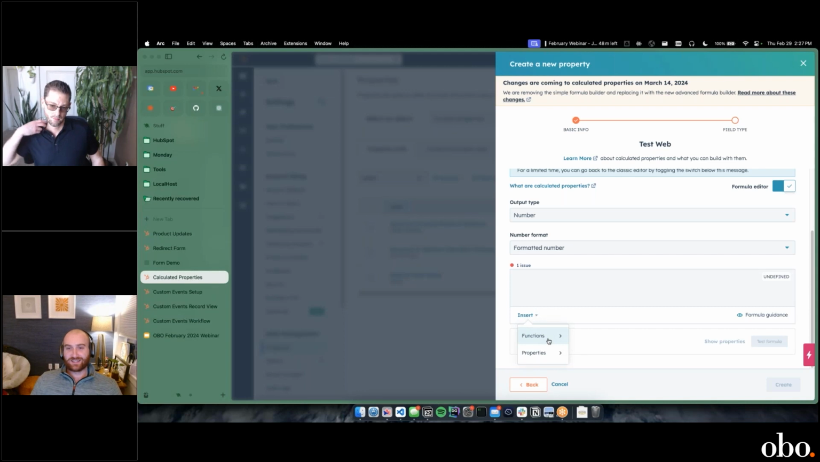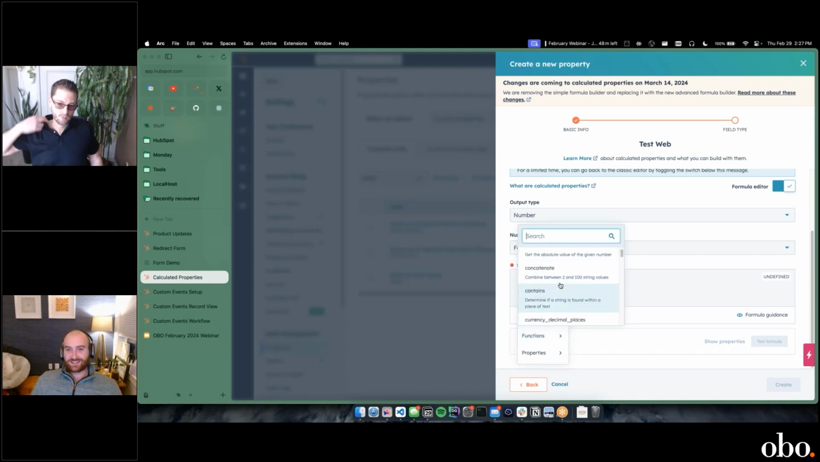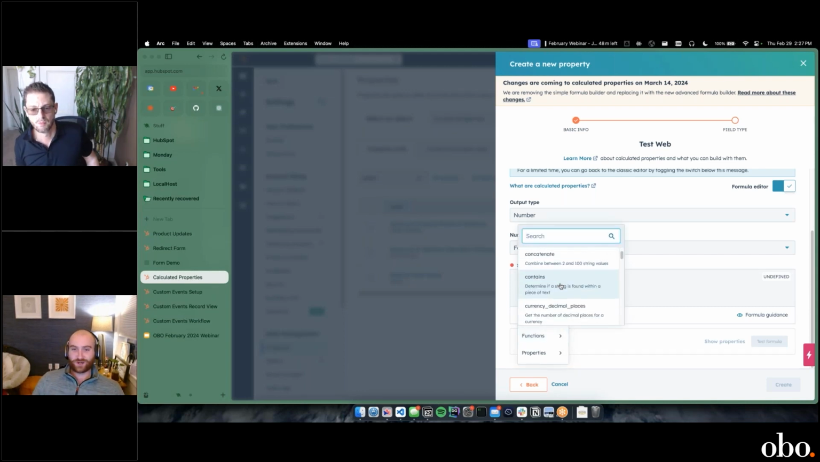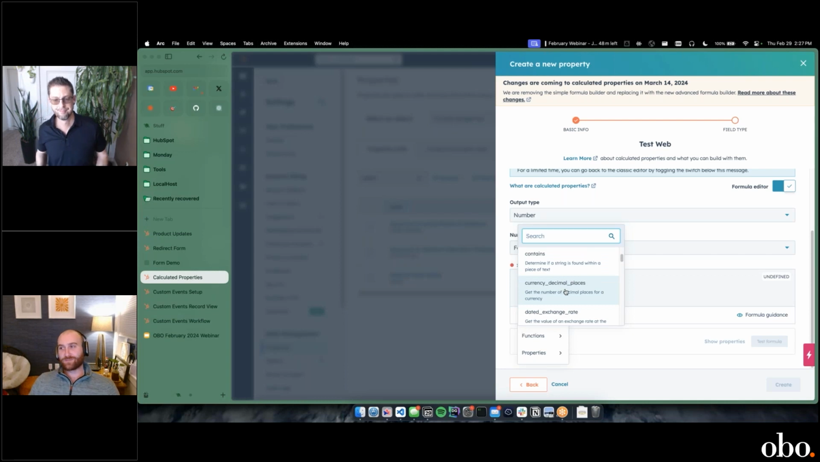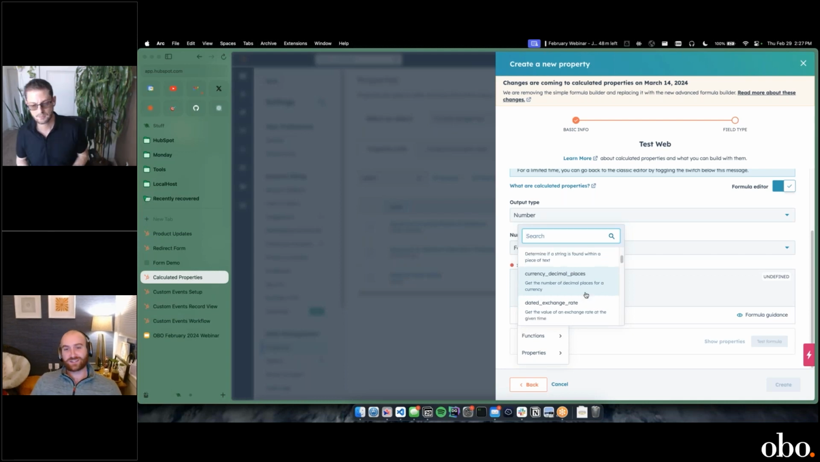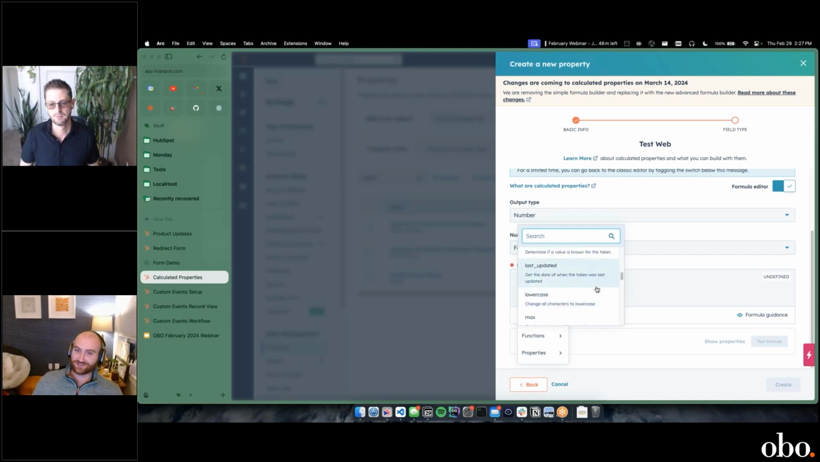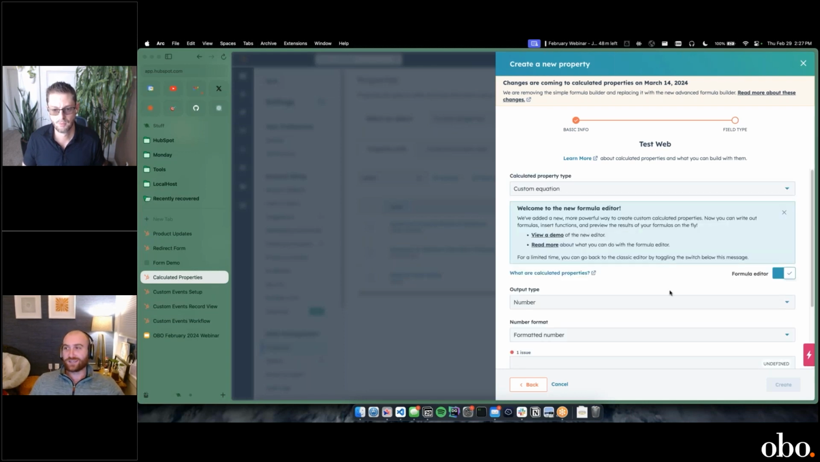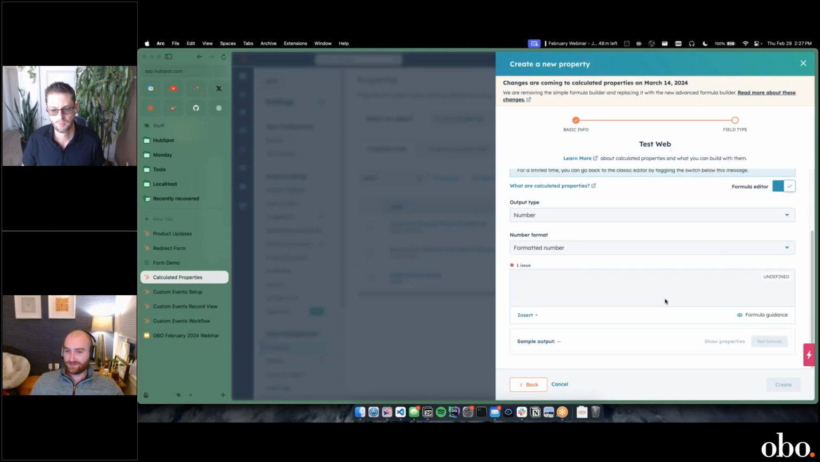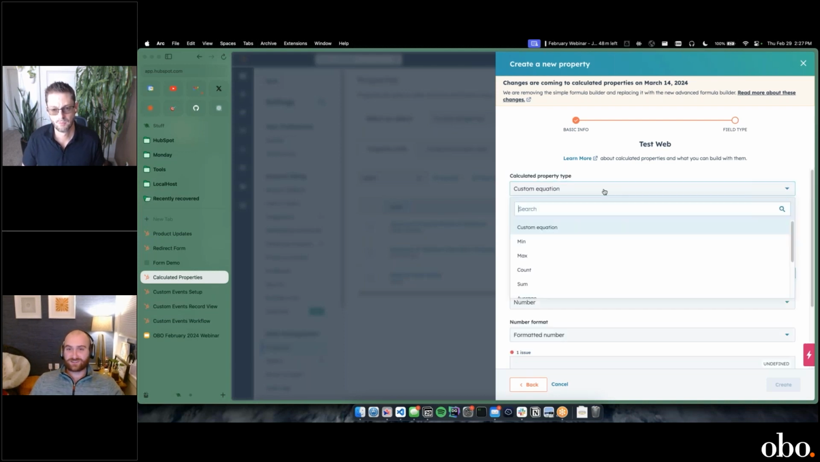So I could say concatenate two strings together, or check if a property contains this value and do this thing. We got some exchange rate things. We can lowercase all of our emails or first names or something if you wanted to do that. So you get a really nice formula builder to do a lot of stuff on the contact object itself,